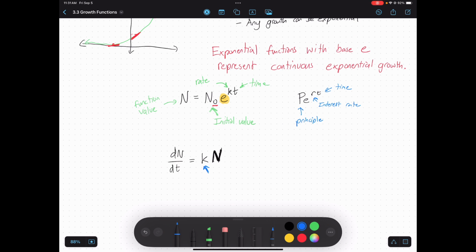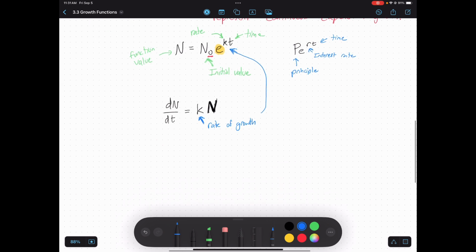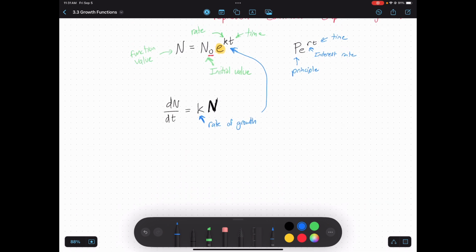Well, the reason why I use the letter k, that ends up being your rate of growth. The same k that's in your original function. And there's a reason why. Now that we understand how to take the derivative of this function, we can actually calculate this ourselves. So if I take my equation, N equals N naught e to the kt, and take the derivative,